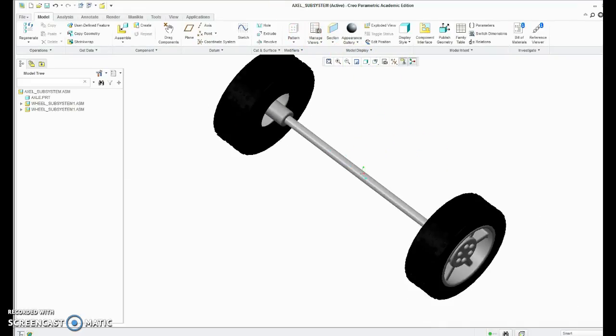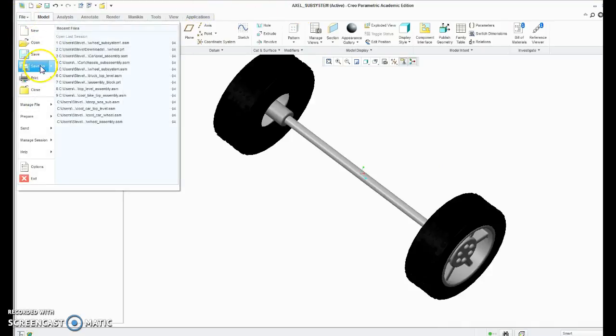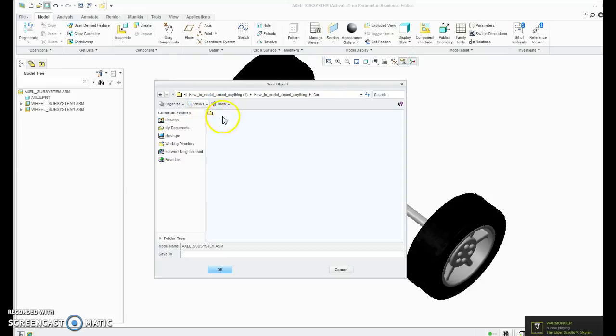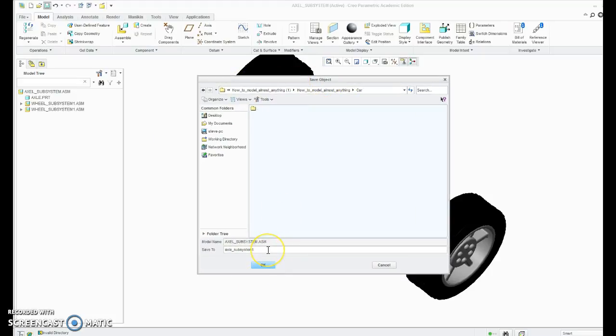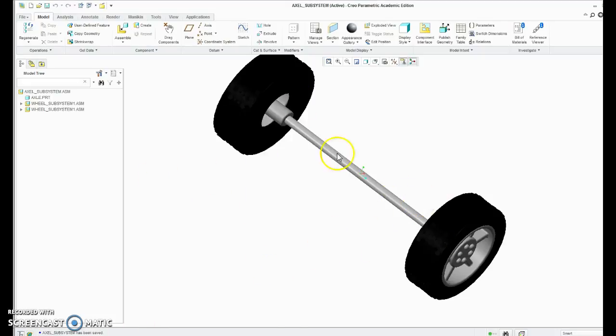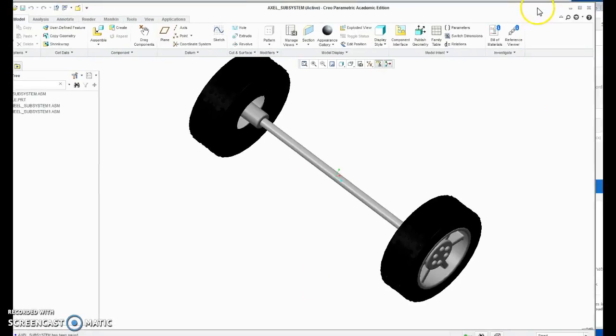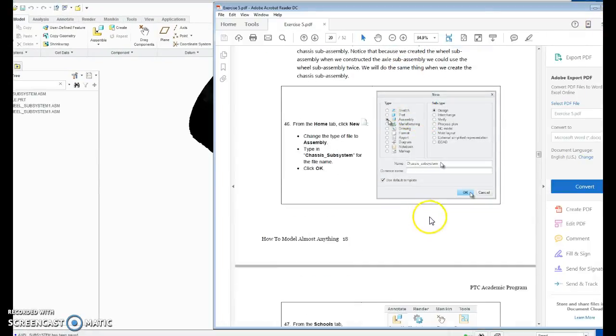And so this is now our axle subsystem, and let me just save that. Actually correct the spelling. Please save. Apparently it's saved to a folder, so it doesn't look like I can actually change it. Well, it's fine. So you have your axle subsystem, and you're going to continue in this method, and you're going